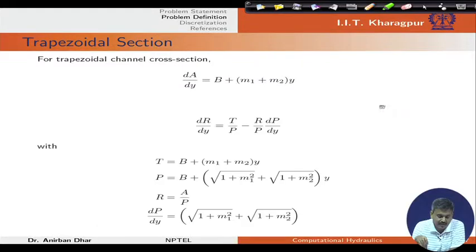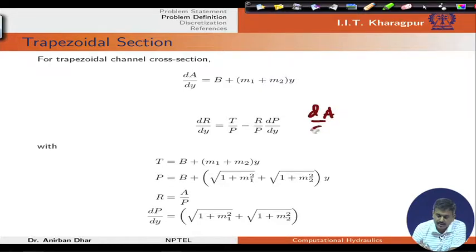This is for trapezoidal section dA by dy, and this is dr by dy. We can directly get that from this expression, and by changing different values like dA by dy